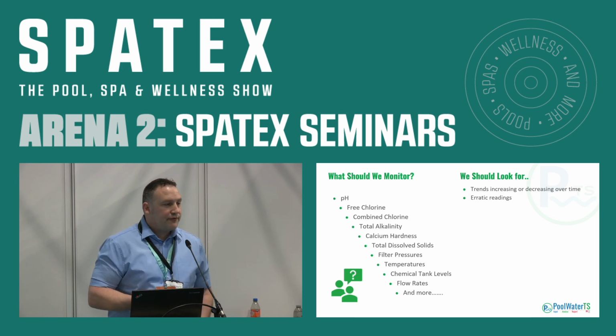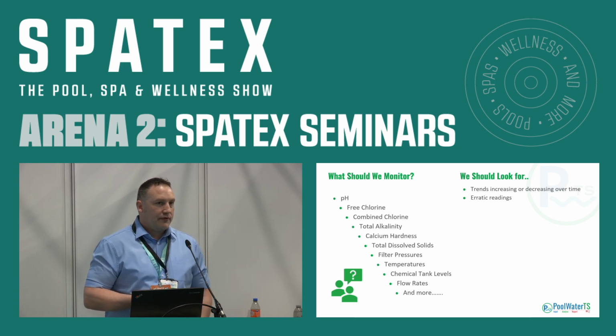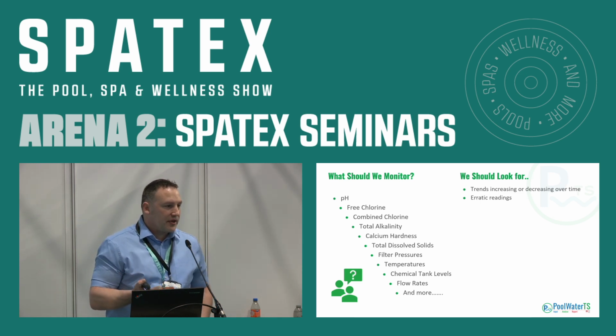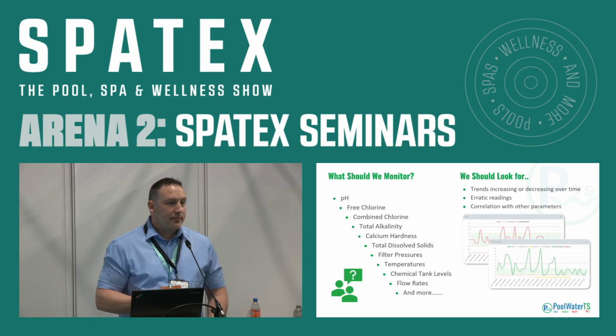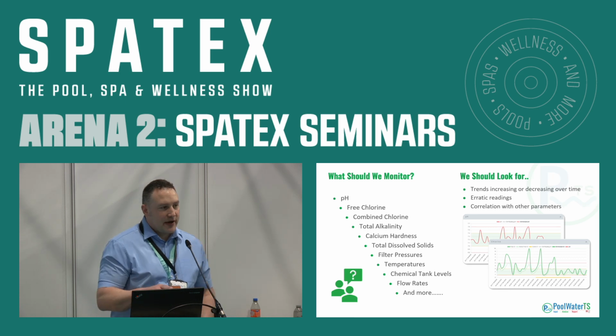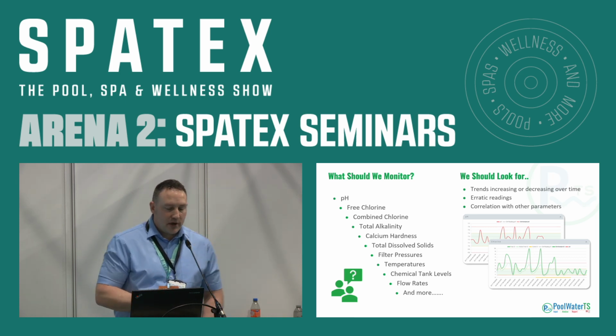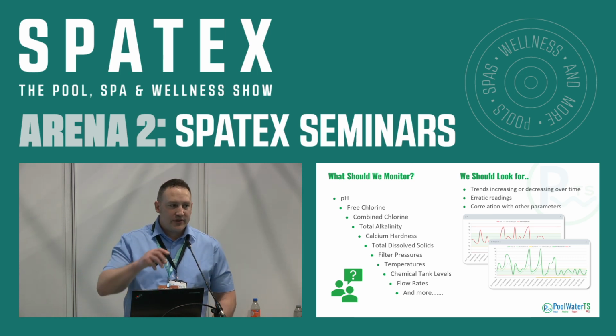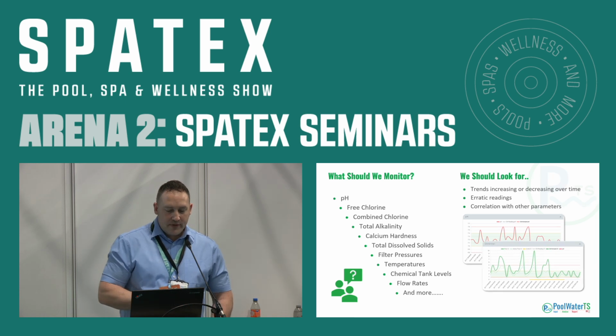Okay. Also looking for erratic readings. So, for example, and I'll go into this in a little more detail later, things like your pH, whether that's all over the place or whether it's stable, same for your free chlorine, and various other things, alkalinity, and so on. But then also looking at the correlation with other parameters. And this is where it's very important to be able to recognize these different trends, but also match them together. So, for example, I've got two graphs showing on the screen at the moment, one for pH, one for free chlorine. Okay? You'll notice they're quite wavy, but if I move them across a little bit more, you'll see